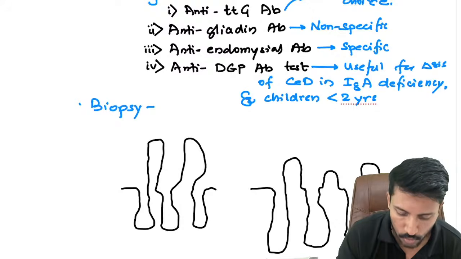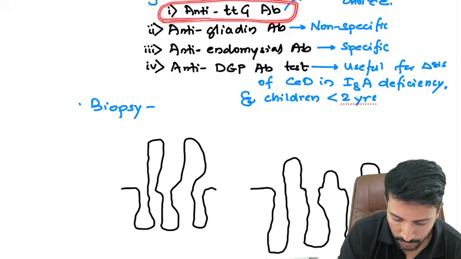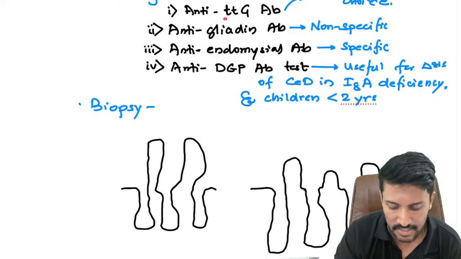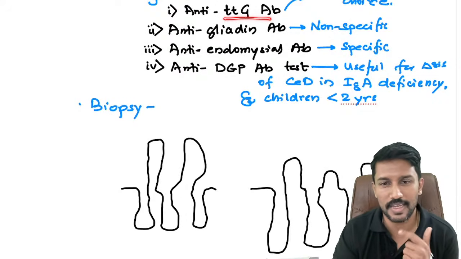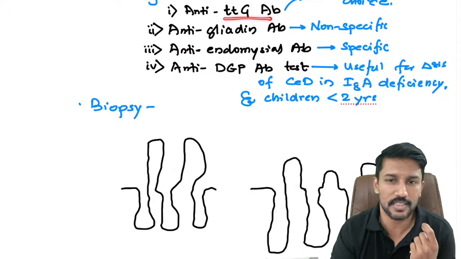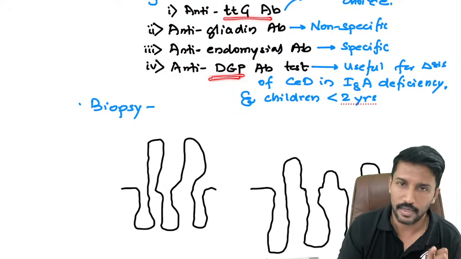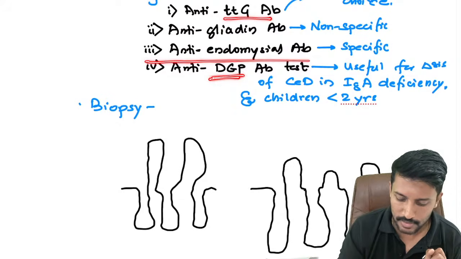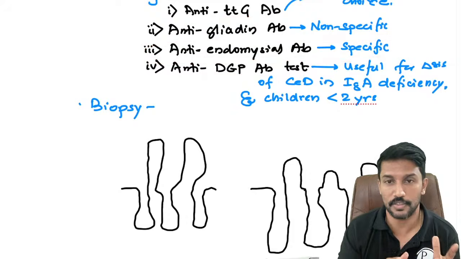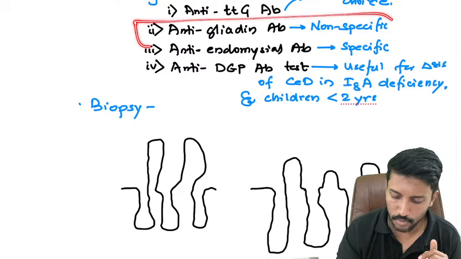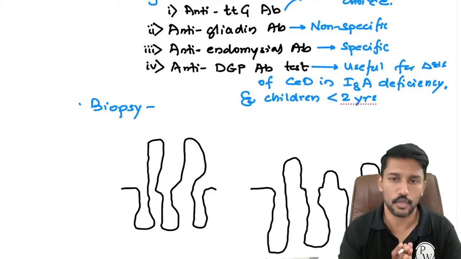Okay. So the go-to antibody for initial diagnosis is going to be IgA TTG. If IgA deficiency is there, you can go for IgG TTG, or you can go for anti-deaminated gliadin peptide antibody, right? Anti-endomysial is used for more confirmation because it is more specific. Anti-gliadin antibody is non-specific. It is not routinely used.